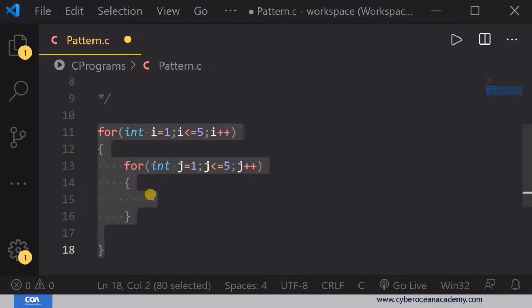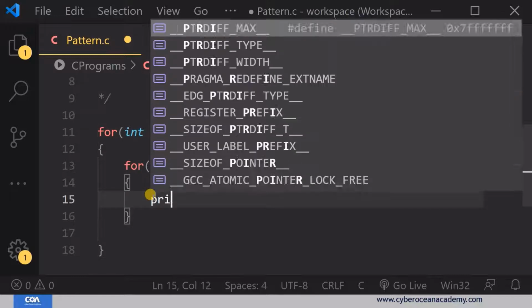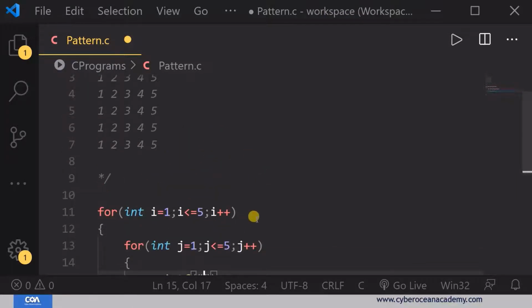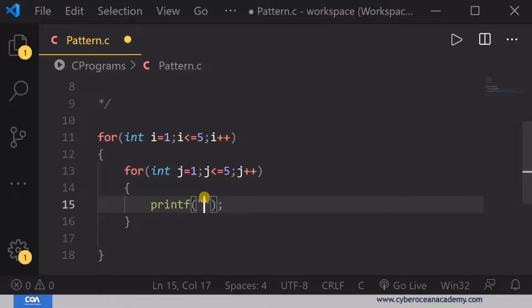Now we have to print a value here. If you write a star here, that will print star star star. I'm going to repeat this whole iteration again in case you have any problem.